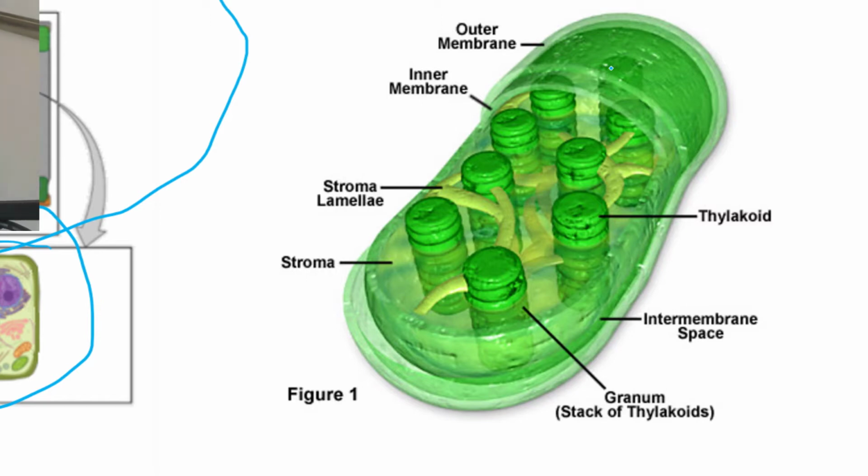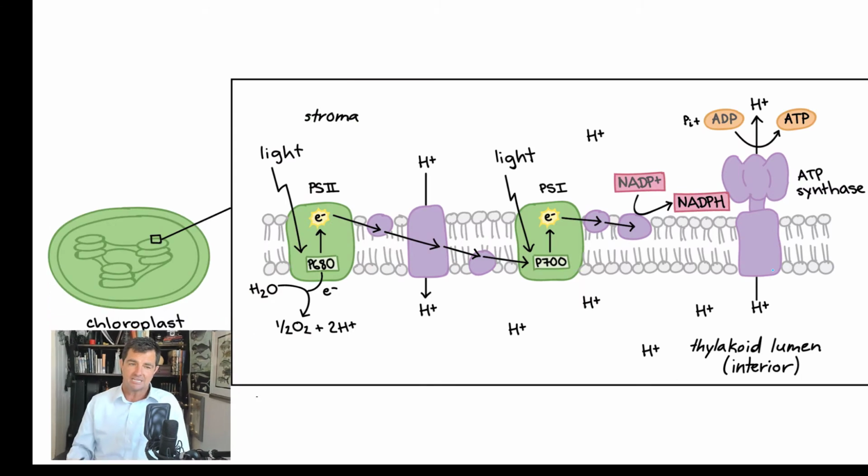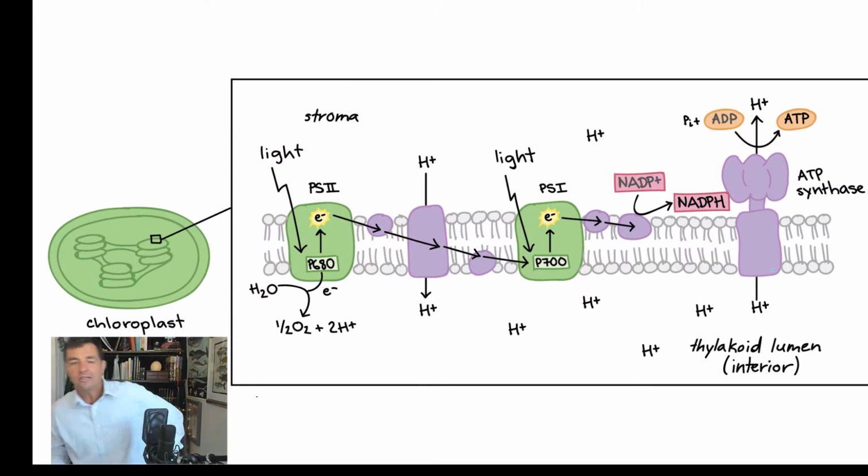And then within that, there's another set of membranes that are very much like plasma membranes that we've talked about before. And those go around each of the thylakoids. And that's going to be important in a second here. So the first thing we're going to do in photosynthesis is we need to understand how is the light